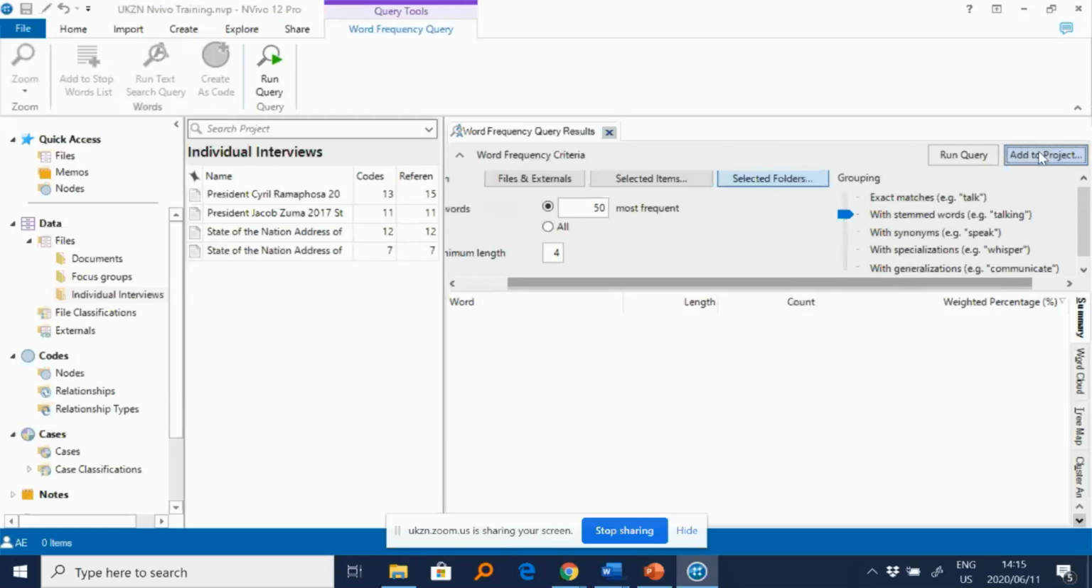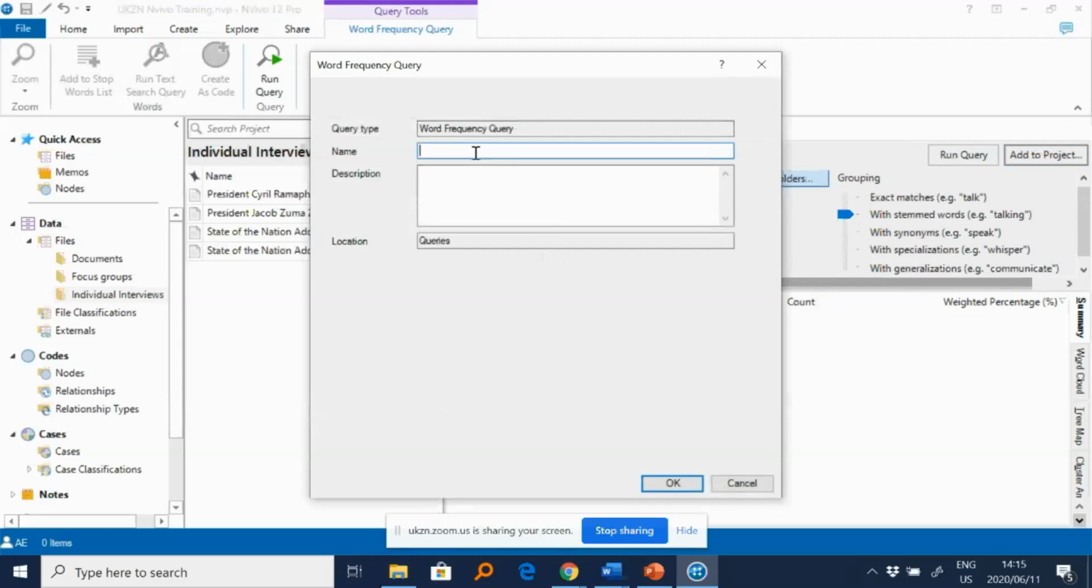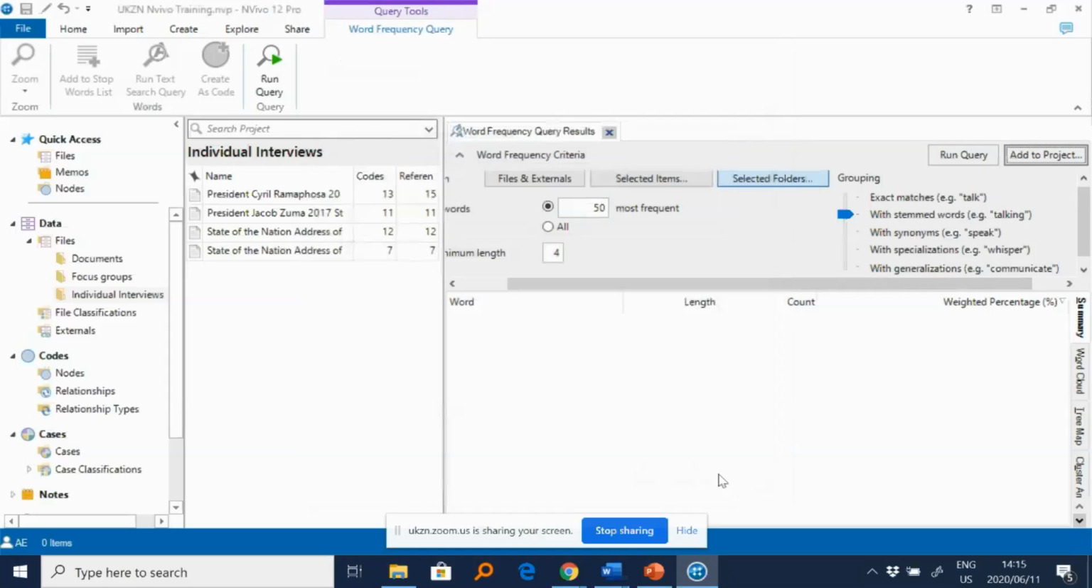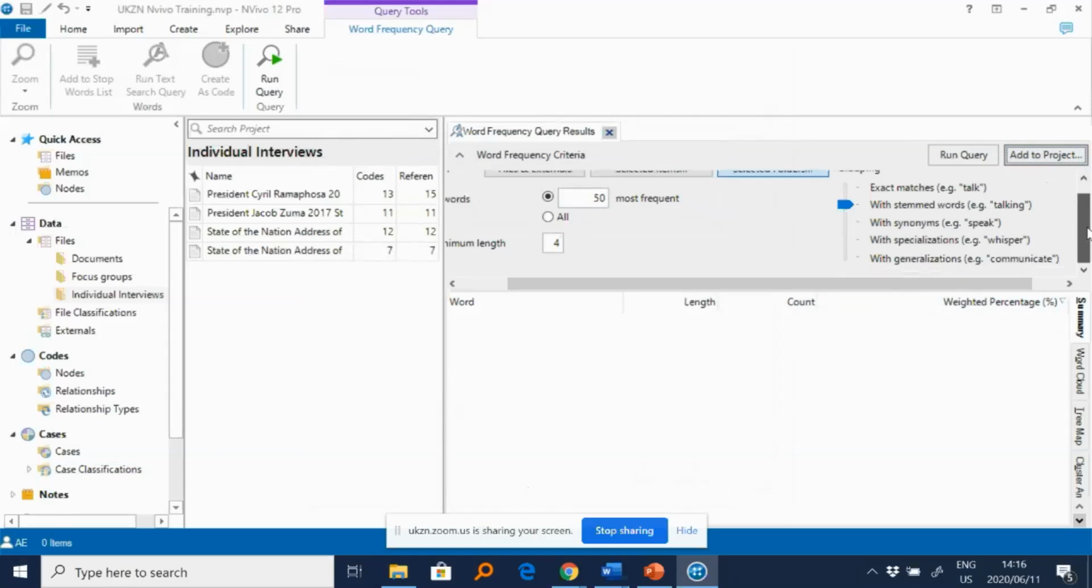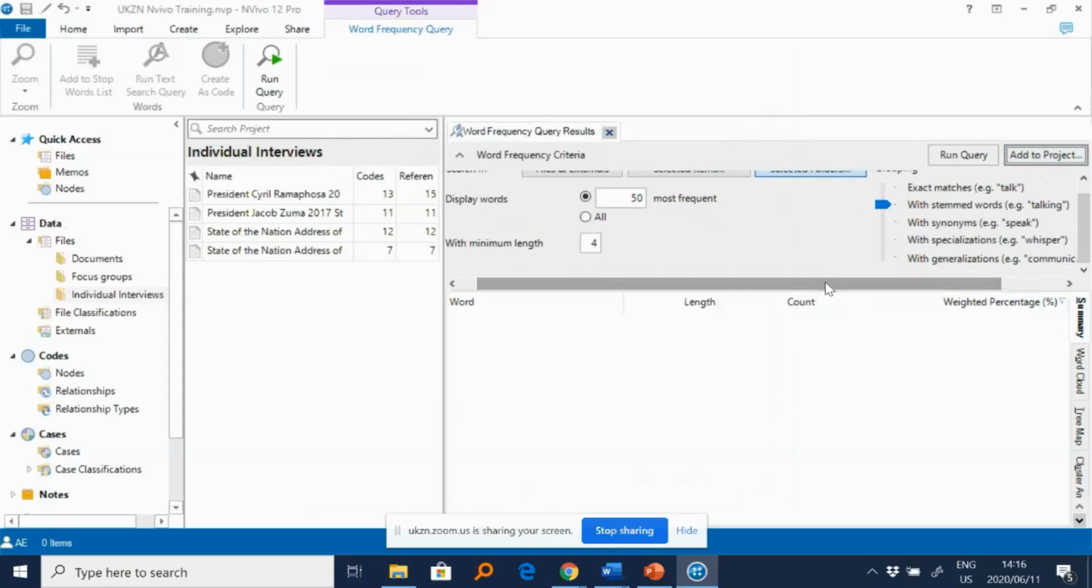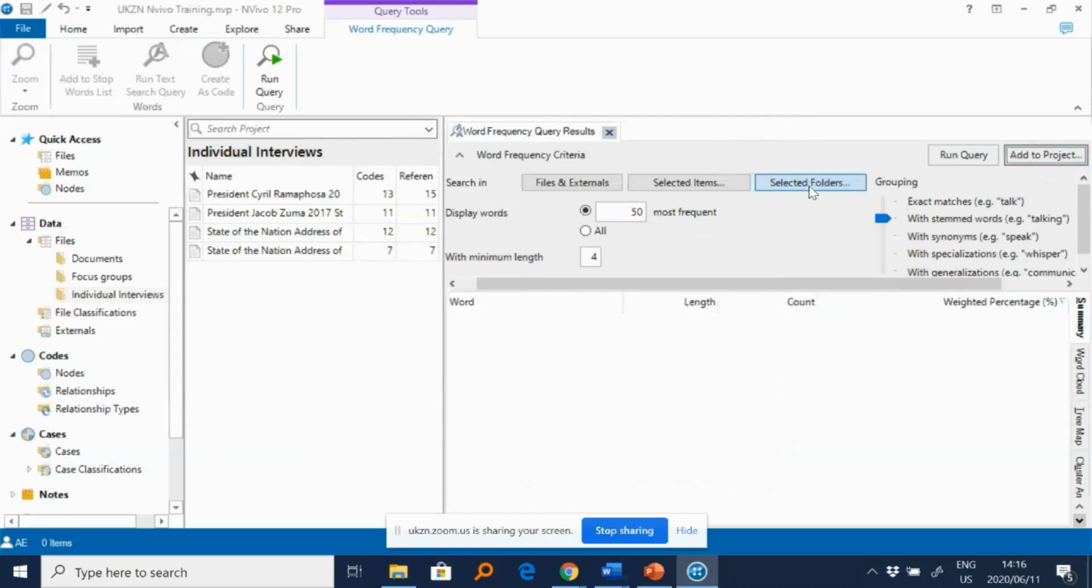Here you can also choose to add the query to your project, the word frequency. If you don't add it, it's up to you. But if you want to add it, you can add your result into your project. What that means is that the result of the query will be stored in your project and you can go back to it at a later stage. So for now, let's leave it at that and then we run our query. Remember, we have selected our folder. We say NVIVO should look into this folder, pick out the frequently